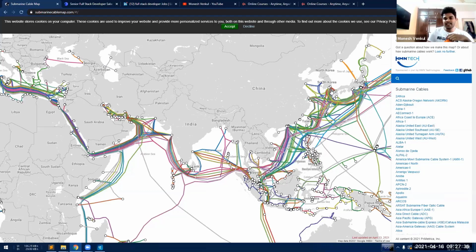If the files are present in Korea, for example, then that request will go to Malaysia. From Malaysia, it will search for another cable. It will go to Vietnam. From Vietnam, it will search for another cable. It will go to Taiwan. From here, it will search for another cable. And from here, it will take the shortest distance and go to South Korea.